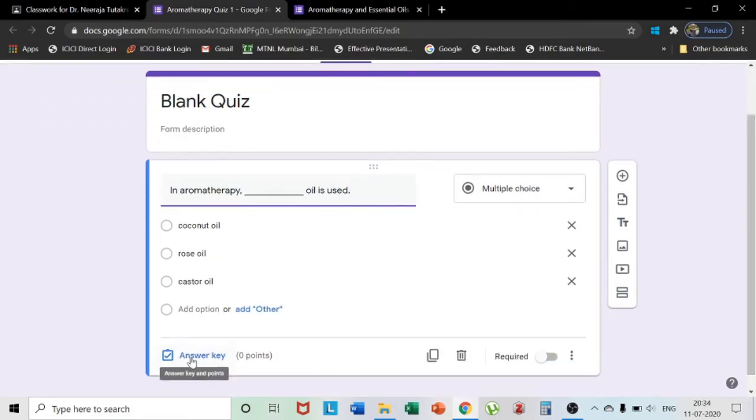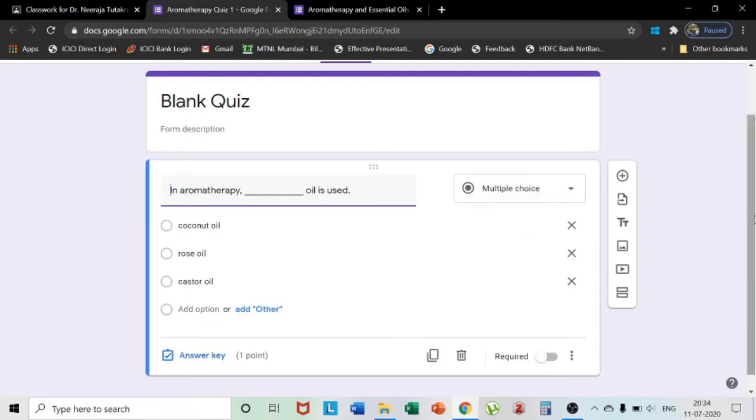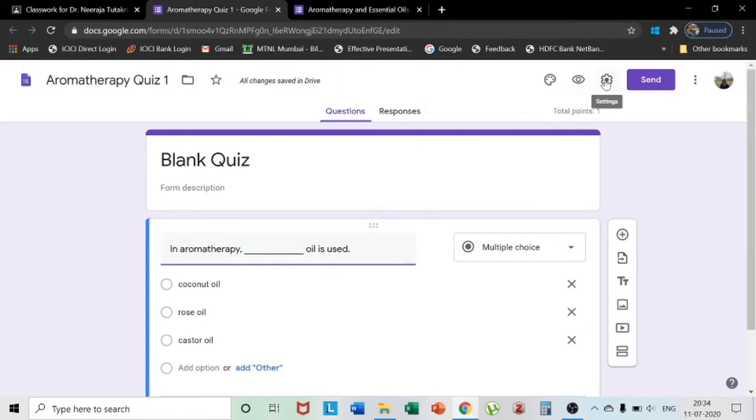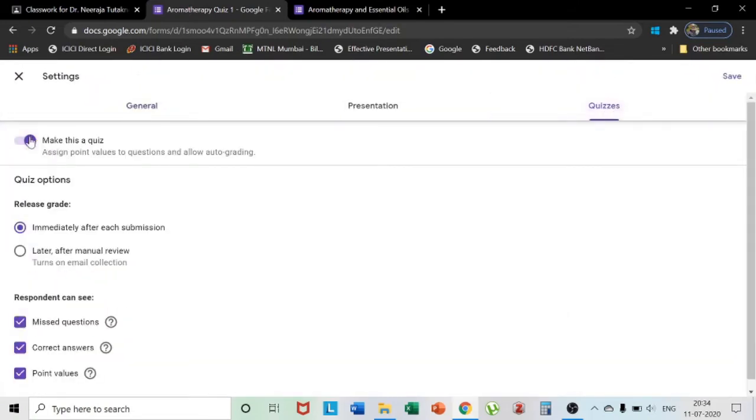For that I'm clicking on this answer key. Click on the answer key and you can assign the marks for the question, and you can also add the correct answer. But before that you have to go to settings, and here you have to check whether it is in quiz form or not.